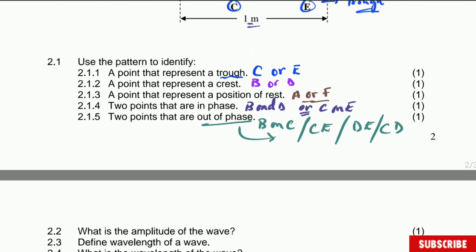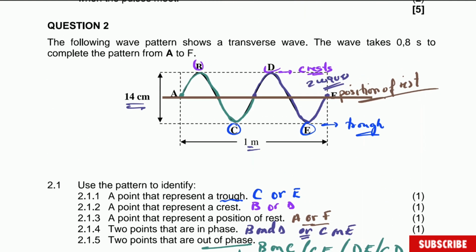What is the amplitude of the wave? Well, guys, the amplitude of the wave is only the distance from the rest position to the crest, or from the rest position to the trough. This one here is what we call amplitude, or this one here is also called amplitude. And you can see the total distance is 14 centimeters. So the amplitude of this wave will be equal to